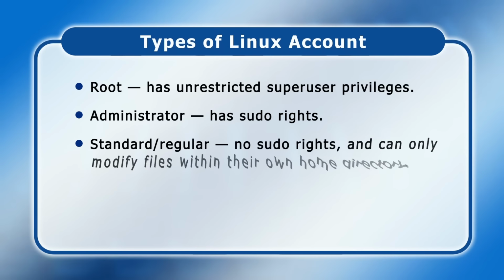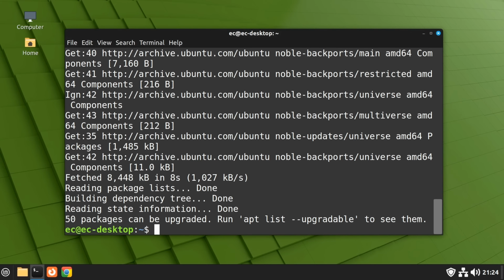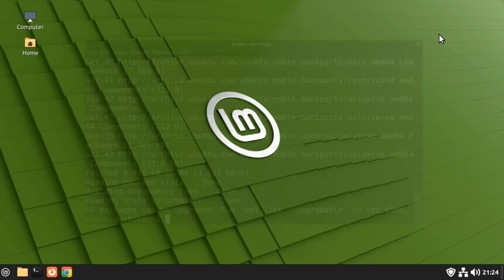Finally, we have standard or regular accounts, which by default do not have sudo rights and which can only modify files within their own home directories. If you're running a Linux desktop computer that's shared by several people, and you cannot necessarily trust everybody to keep security in mind, it's therefore wise to create a standard account they can use and which will limit the potential for security problems. As an example, to do this here in Linux Mint, let's close down this terminal and go